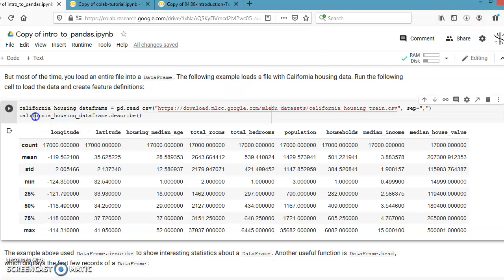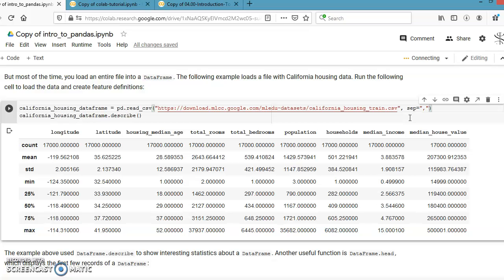What does this command do? read_csv. This pd is an object of the pandas library that is going to read that CSV file, separated by comma. You can use any separator like colon, semicolon, space or tab that you want.